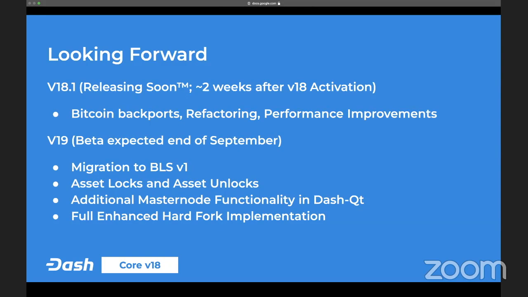We're planning about 2 weeks after activation or somewhere around activation. So that's somewhere between 2 and 4 weeks from now. We are getting ready to throw it on some devnets and testnet and test it. It doesn't include any major features. It doesn't have breaking changes, but it does include quite a few Bitcoin backports and quite a bit of refactoring